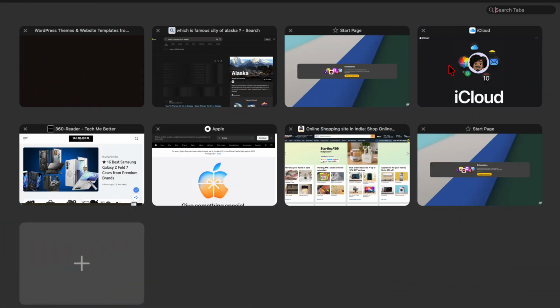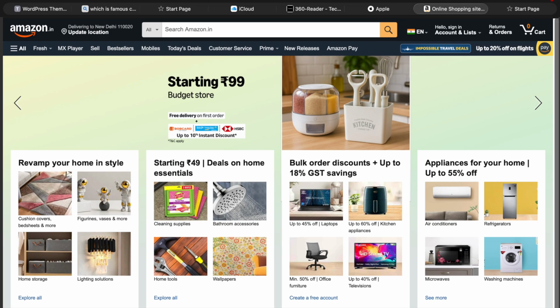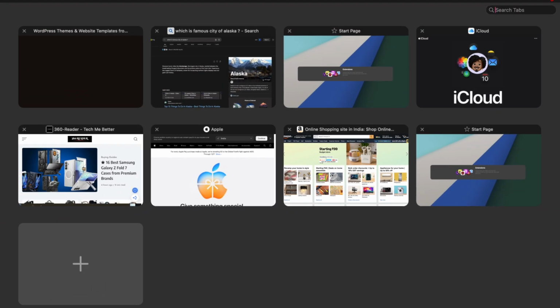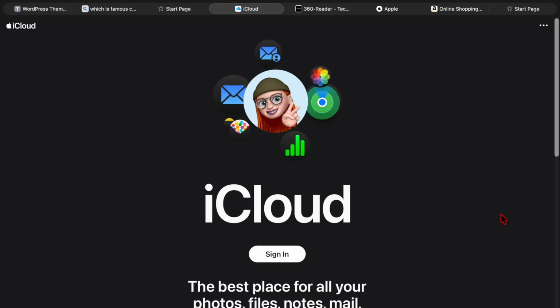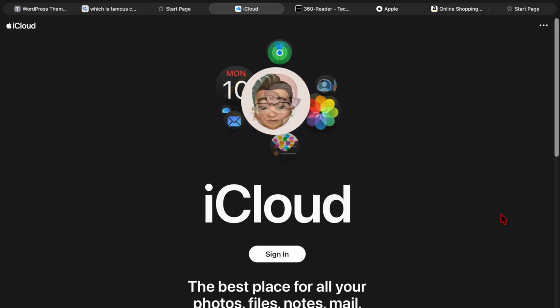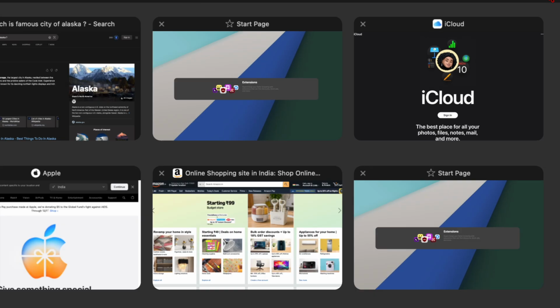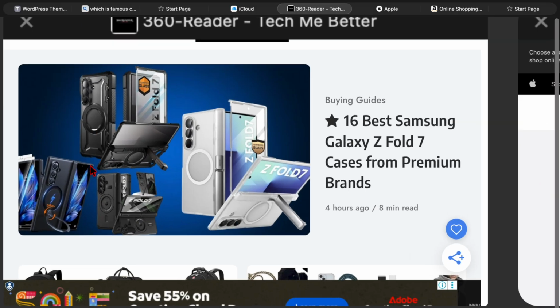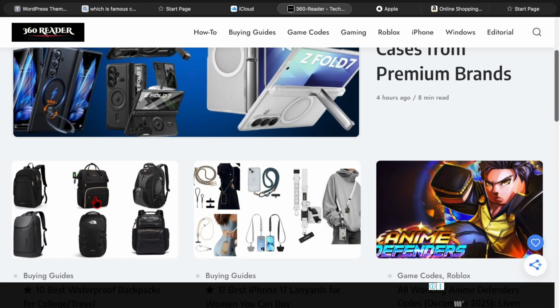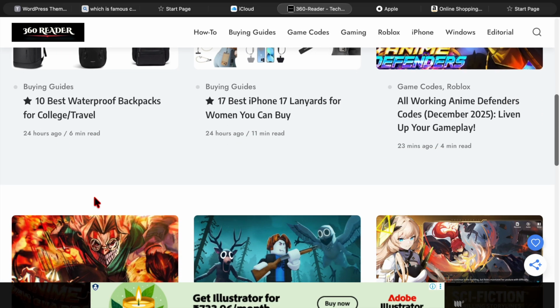Now, all the recently closed tabs will instantly disappear from the Start page and will no longer appear here. And that's all it takes to hide your recently closed tabs in Safari on your macOS device. With just a few simple steps, you can prevent others from viewing your past activity and maintain full control over your browsing privacy. Now that you have unlocked this privacy-centric feature, make the most of it to safeguard your browsing,